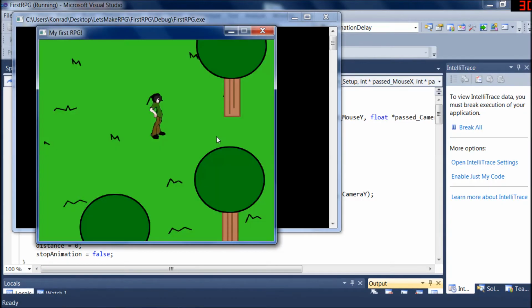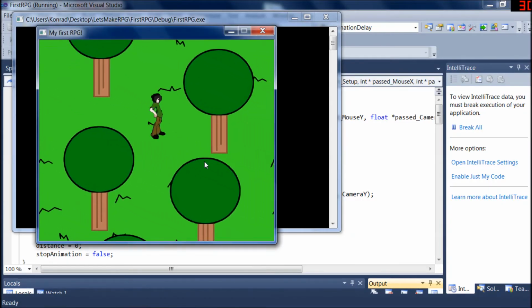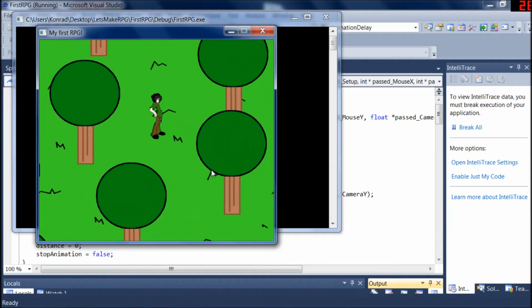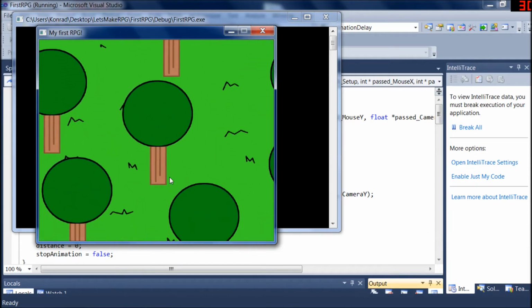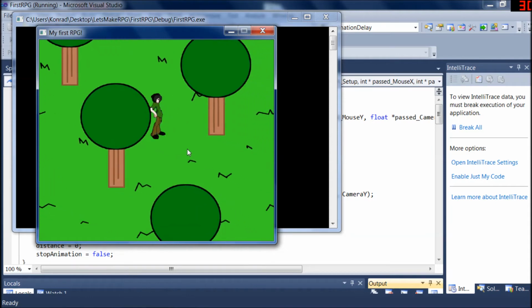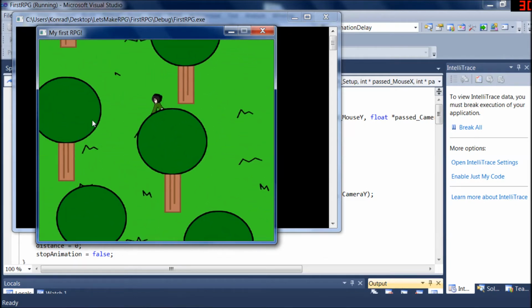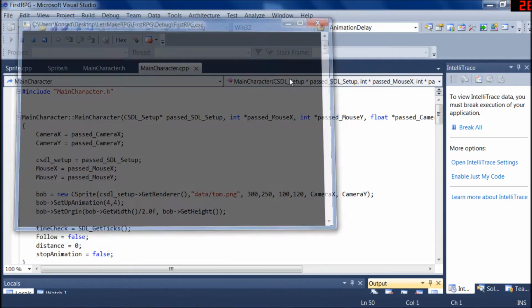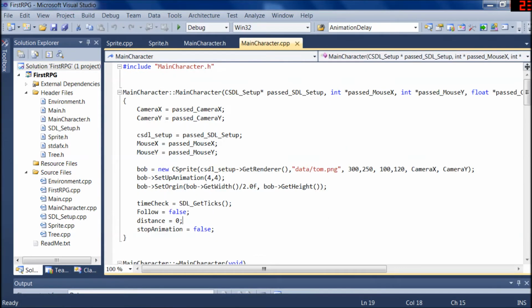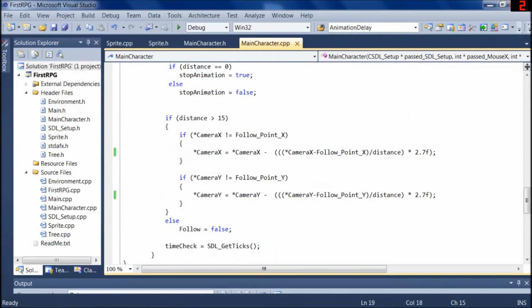Okay, so we have the trees, and as you can see, they are in slightly different positions, and that's because I didn't save in the last tutorial. I didn't press F11 to save, so I had to redo them. My character is also walking a little bit faster because I increased the speed here, so you can change it here if you want to. Probably creating a speed variable would be the best way to do that, but for now we're just going to concentrate on